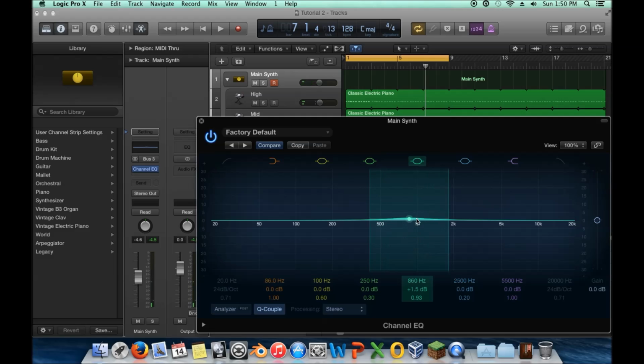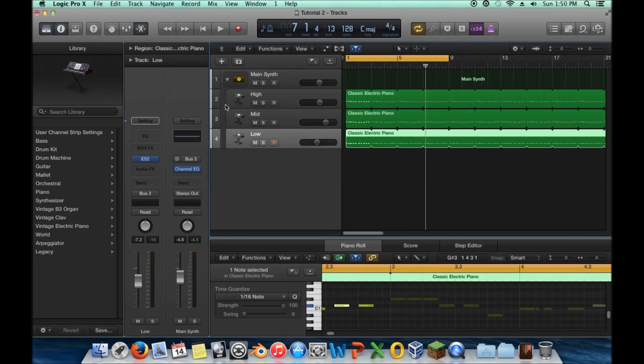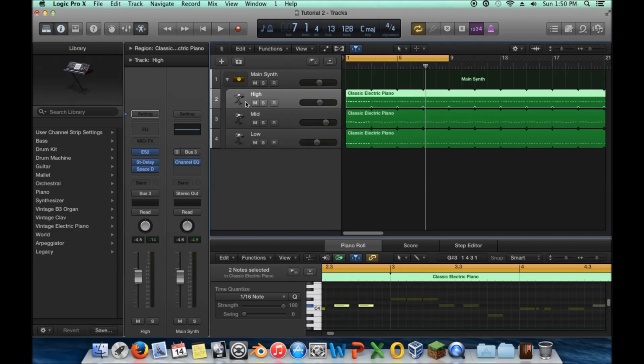So, but what do we really use these for? This is used for mixing and also for stylistic reasons. So, in respect to mixing, this is where these three instruments that I talked about, where EQ comes in, and it's kind of like these. I have this high synth right here,